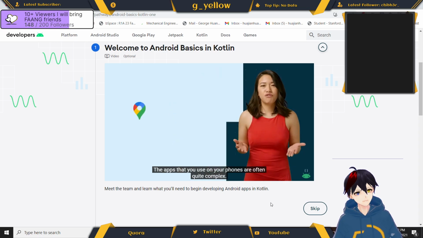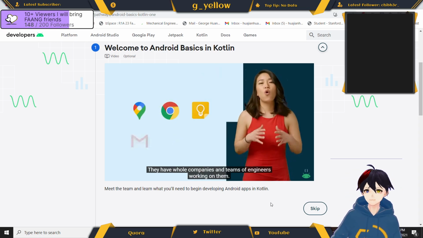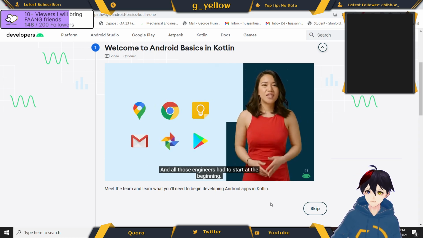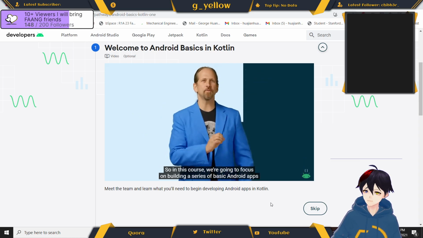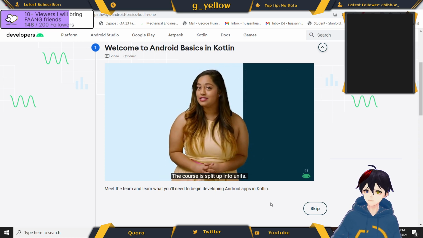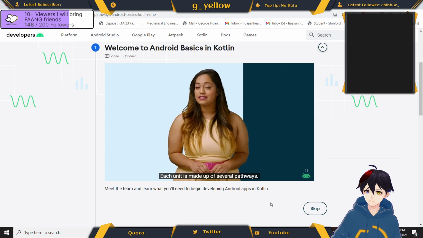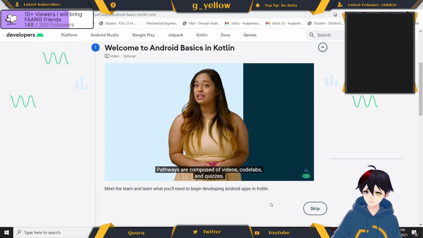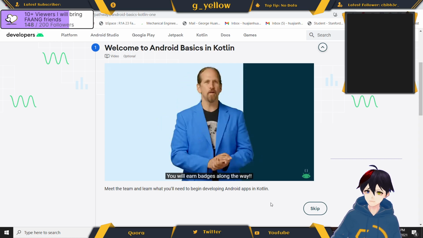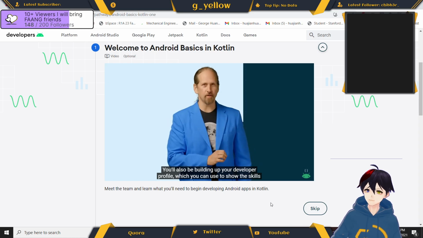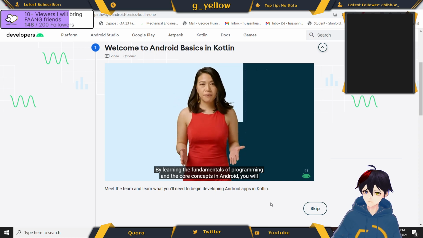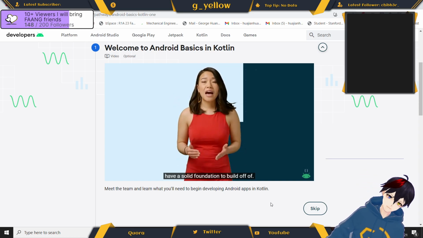The apps that you use on your phone are often quite complex. They have whole companies and teams of engineers working on them. And all those engineers had to start at the beginning. So in this course, we're going to focus on building a series of basic Android apps that can run on a phone. The course is split up into units. Each unit is made up of several pathways. Pathways are composed of videos, code labs, and quizzes. And, drumroll please, you will earn badges along the way. You'll also be building up your developer profile, which you can use to show the skills you've gained throughout this course. By learning the fundamentals of programming and the core concepts in Android, you will have a solid foundation to